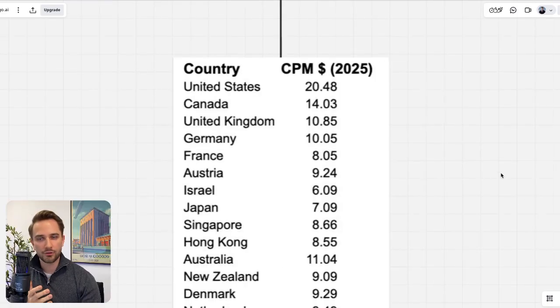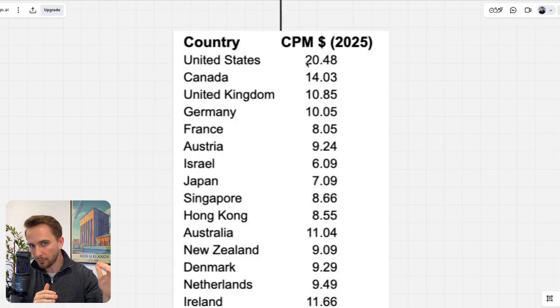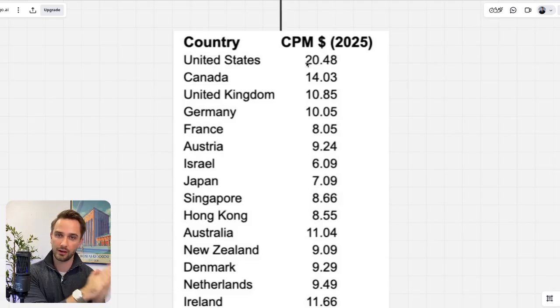Another metric that could be interesting is CPMs, so cost per 1,000 impressions. So this will tell you how much you have to spend to get in front of 1,000 eyeballs, right? In the United States, for example, you have to spend $20 to get in front of 1,000 eyeballs. If you can manage to spend $10 to get in front of 1,000 eyeballs, you'll reach so many more people, and you can afford more inefficiencies in your ads, right? If fewer people click, fewer people convert, but you reach more people altogether, you might still be profitable. So higher CPMs put a lot of pressure on you to do a real good job in terms of getting people to engage and to visit and to buy.